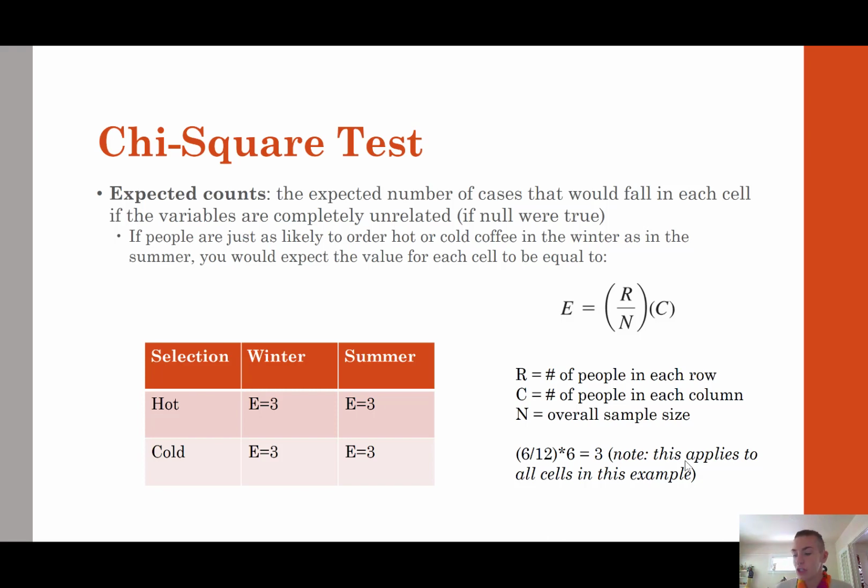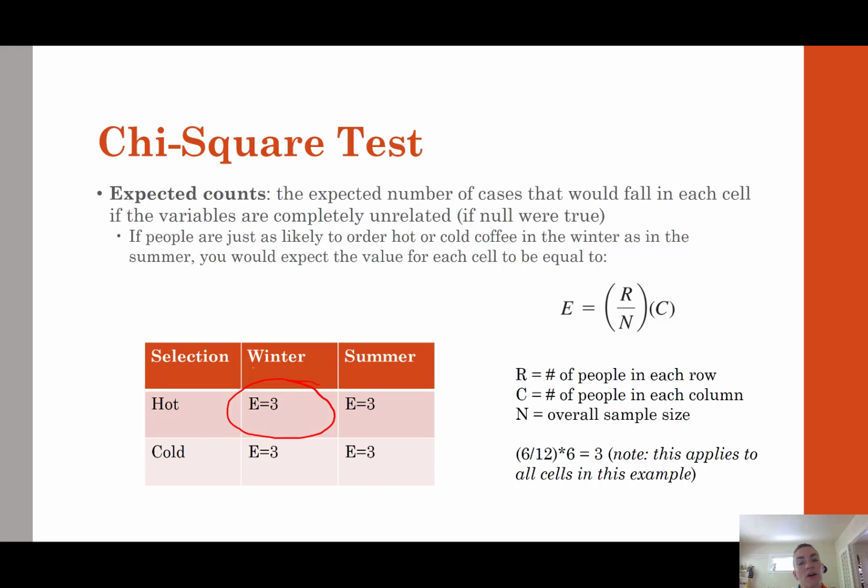This will be the same for any one of the cells in this particular contingency table, but if we look at this first cell, hot coffees ordered in winter. First, I take R, the number of people in this whole row, so that's the whole hot row. There are 6 observations here. 3 in winter and 3 in summer. So I have 6